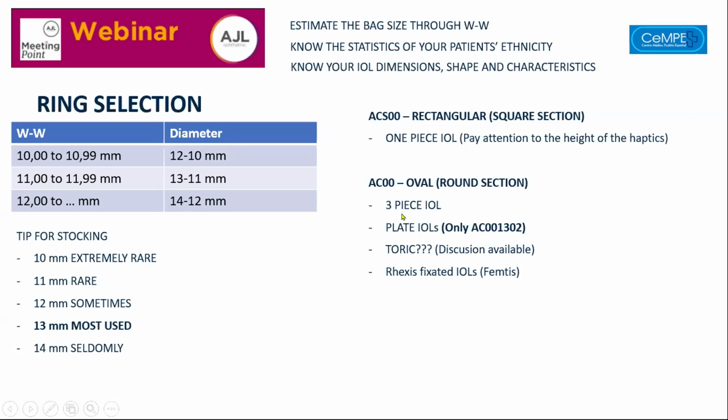IOL with polypropylene haptics. They are very thin. I don't want this lens to dance inside the distended capsular bag, so I choose the thinner ring. Also in plate IOLs, only if I can fit a 13 millimeter ring, and I'm going to explain this later. Toric lenses, depending on the sort of the lens, you will get your experience, but some of them,